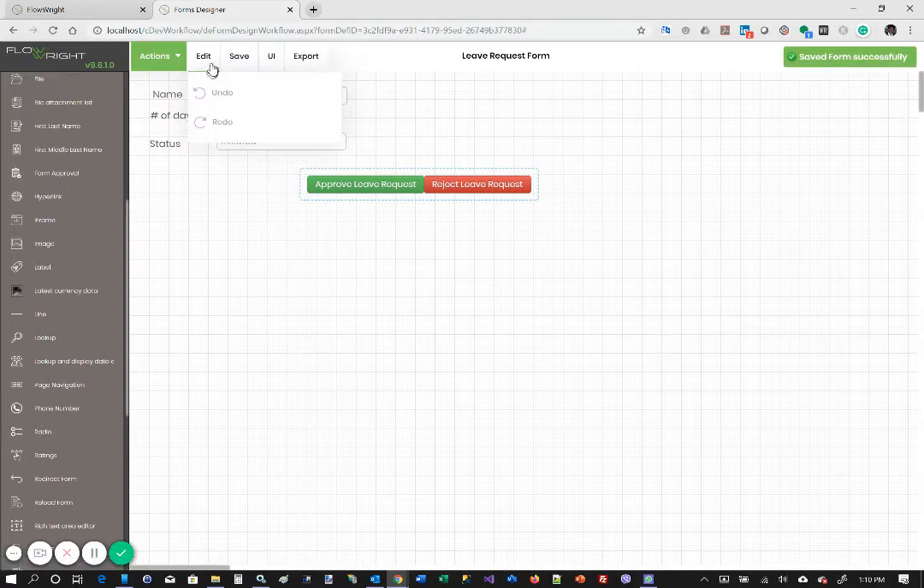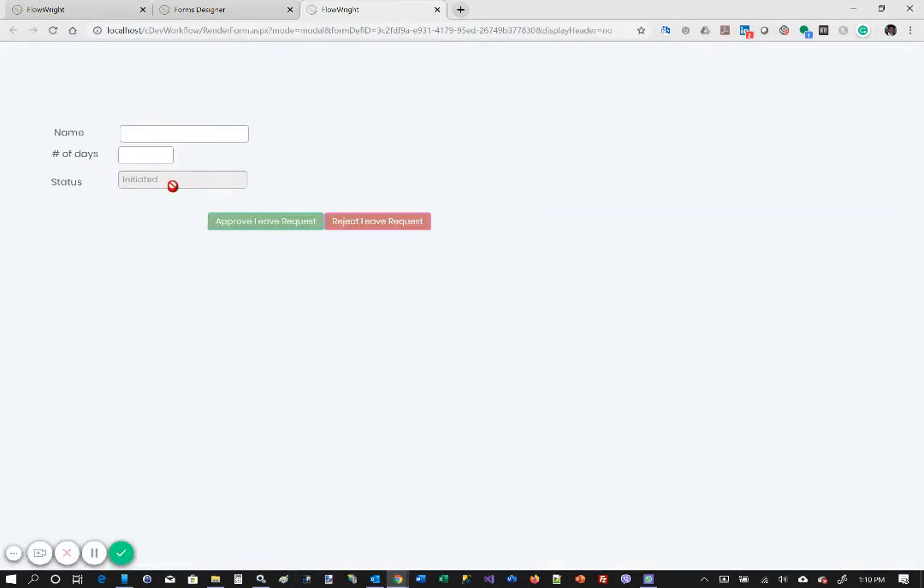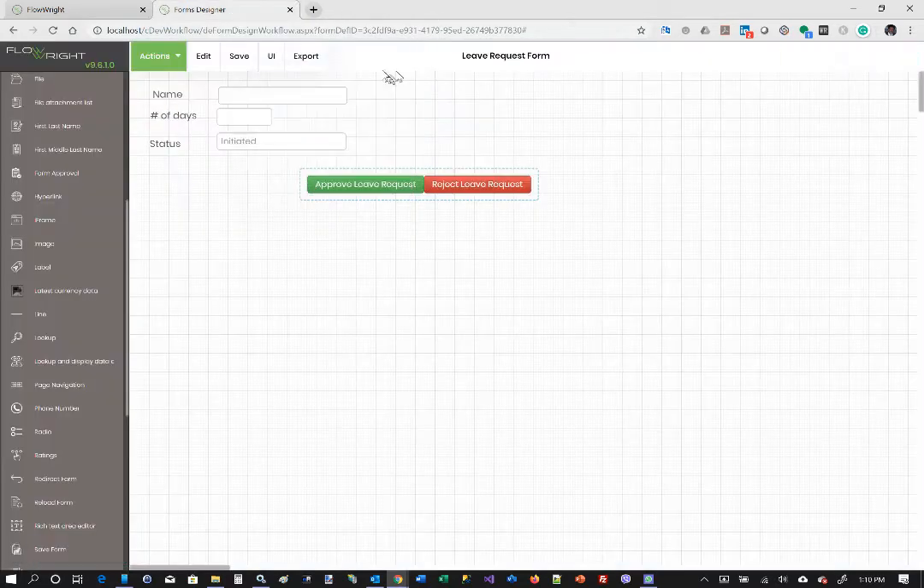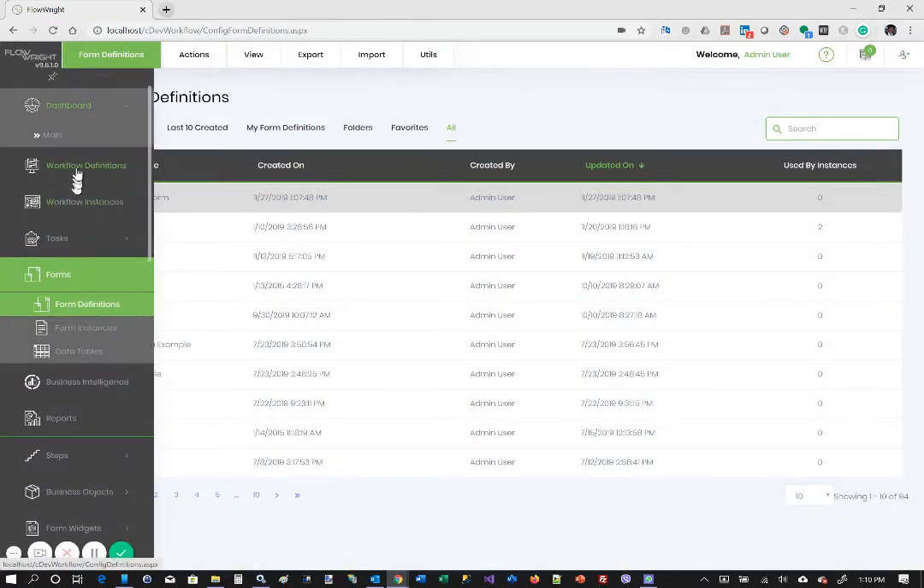We can also do a little preview to see what the form looks like. So you can see that this field is read only and the other two fields are editable, and you can see the buttons also. Okay. Next thing we're going to do is we're going to go ahead and close this form, and we're going to design our process. So let's go to workflow definitions,